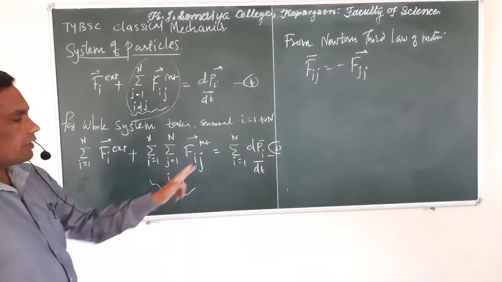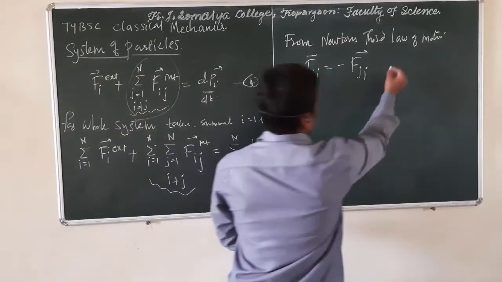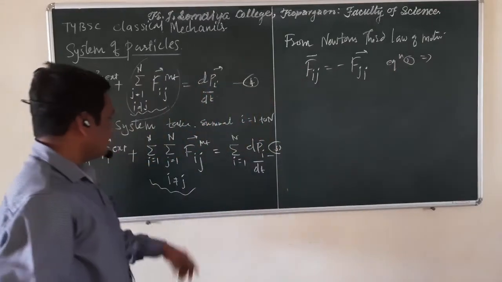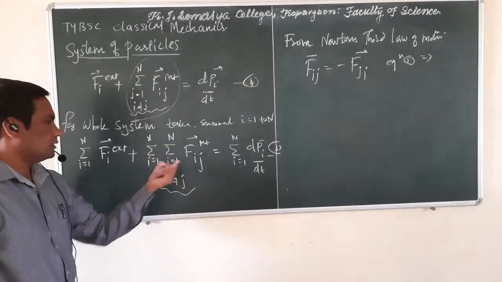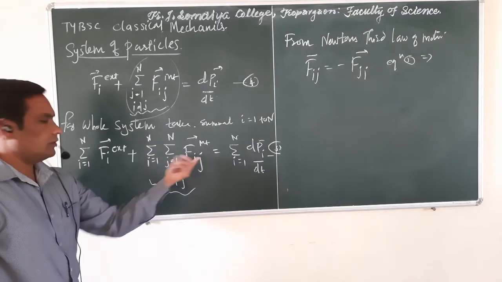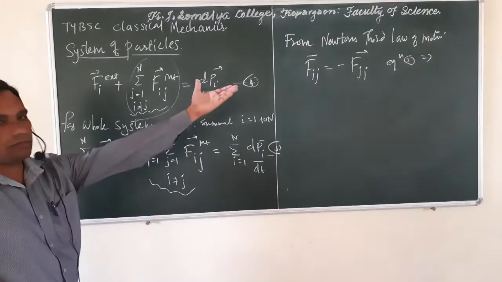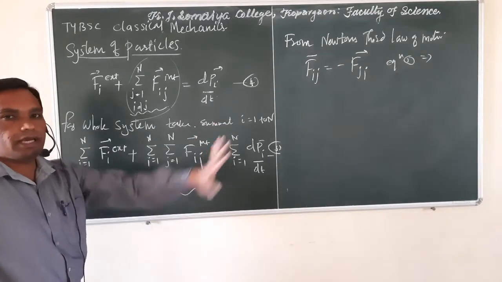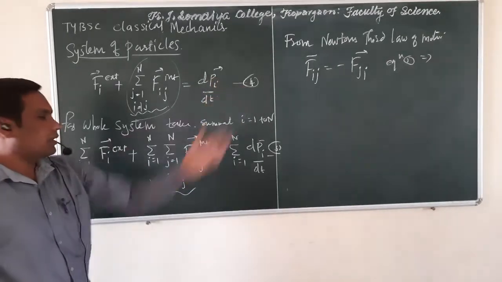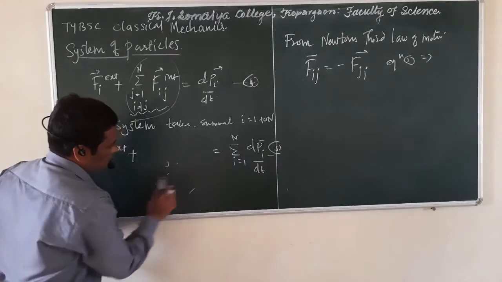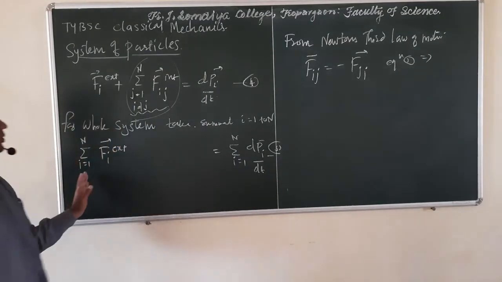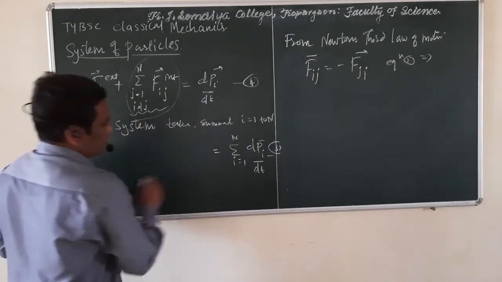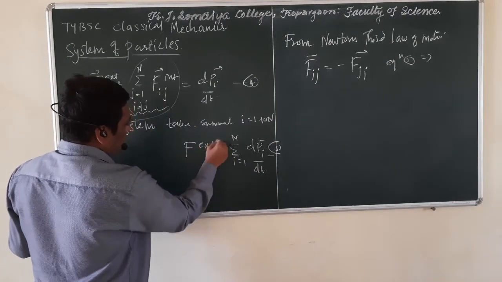Okay. Then equation 5 becomes, what does equation 5 become? This term is equal to 0. Here we have that Fij. If you write this summation and use that fact, here we have terms like Fij, Fji. Here we have seen. Okay. If this is cancelled, then we get summation over Fi external, which is this. And we know that Fi external, if you add, that is the total external force.